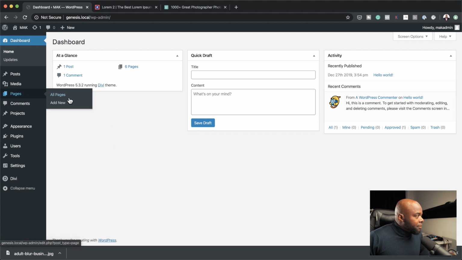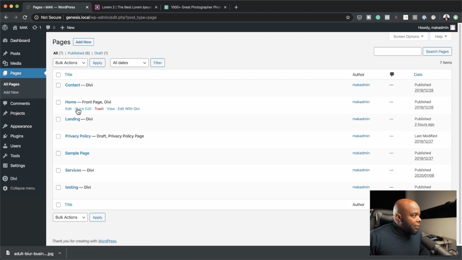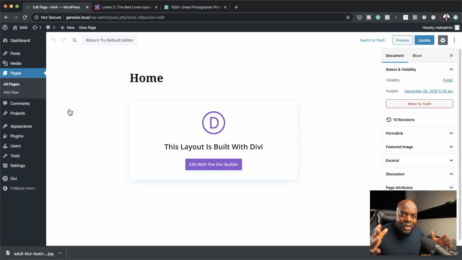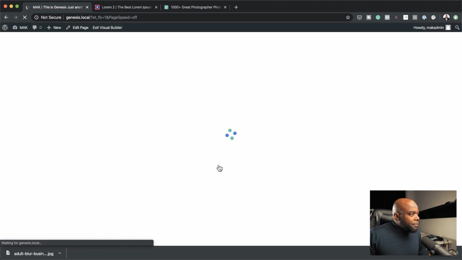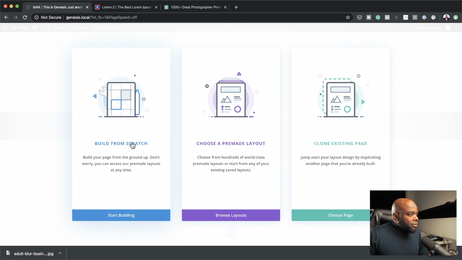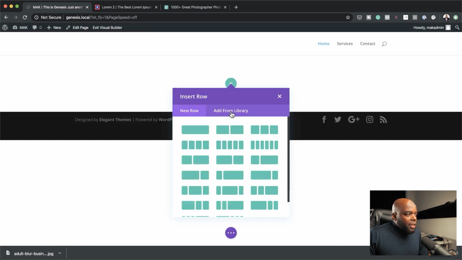So I'm going to come over here, click on all pages, and then I'm going to go to my home page. Now, it's important that you create your landing page on your home page because that's the page that you want people to see when they come on your membership website. All right, so I'm going to go ahead now and click on Edit with the Divi Builder, build from scratch. And then next, over here, I need